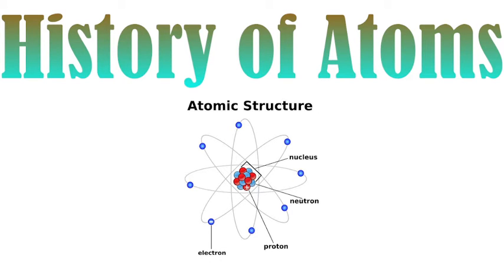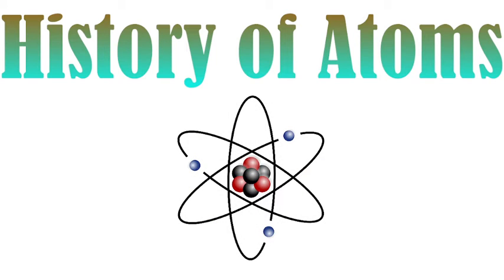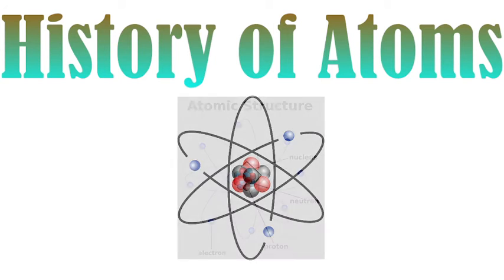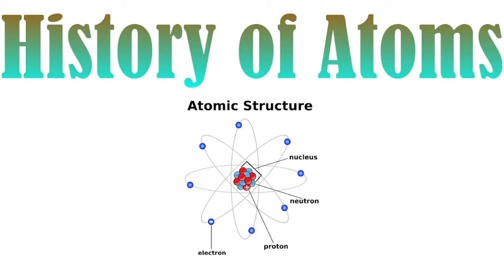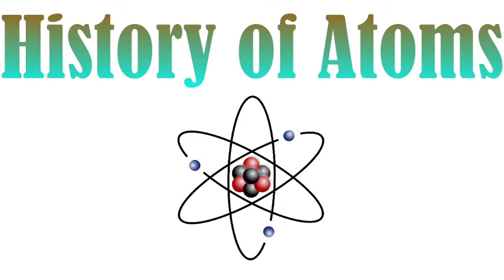Now, the history of atoms. Kanada's Paramanu. Acharya Kanada was an Indian philosopher who lived sometime between the 6th and 2nd century BCE. He put forward the idea of a particle that could not be divided any further. He called this indivisible particle the Paramanu. Kanada proposed that the Paramanu cannot be seen with the naked eye. His prediction was proved right by scientists centuries later.